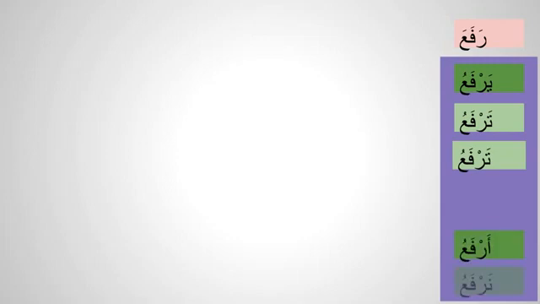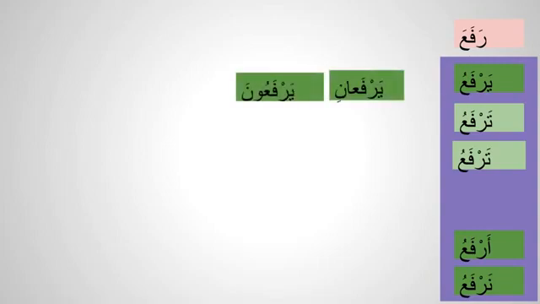Rafa'a means he raised. So rafa'a, yarfa'u. We're going to do 5 in your pocket: yarfa'u, tarfa'u, arfa'u, narfa'u. And we'll do the full conjugation now. Huwa yarfa'u, huma yarfa'ani, hum yarfa'una, hiya tarfa'u, huma tarfa'ani, hunna